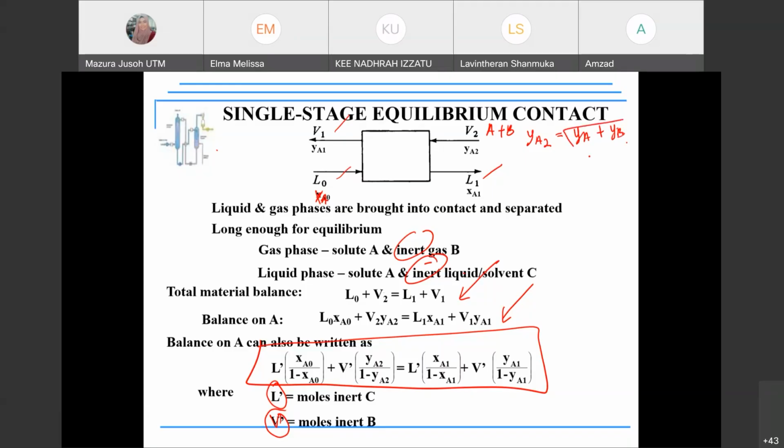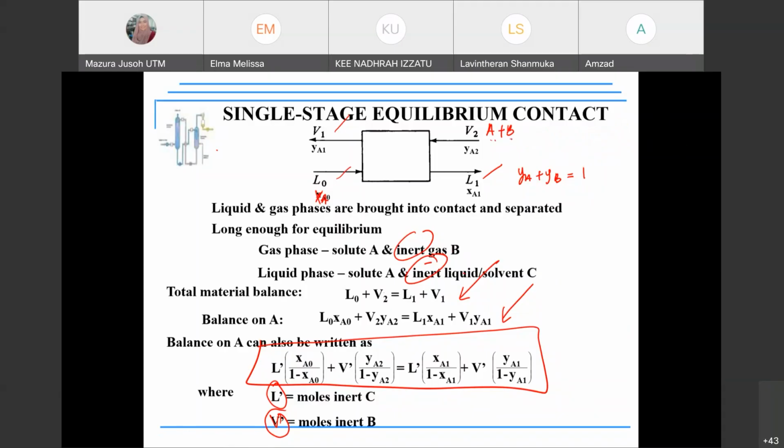You have some idea here, but YA plus YB is equal to 1, right? Who said YA plus YB just now? Elma. Okay, so Elma said YA plus YB, but YA plus YB is actually equal to 1 because there's only